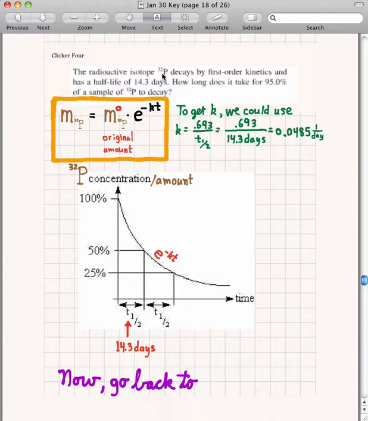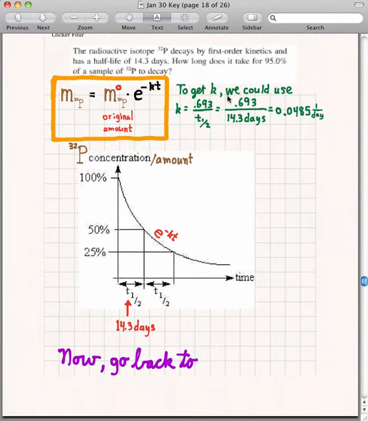So P32 is radioactive with a half-life of 14.3 days. So I took that 14.3 days, divided it into 0.693, got my constant. So this little constant here is 0.0485 reciprocal days. And they're telling me a percent again, 95%. So after how long does it take to go to 95% completion? Well, that would mean,